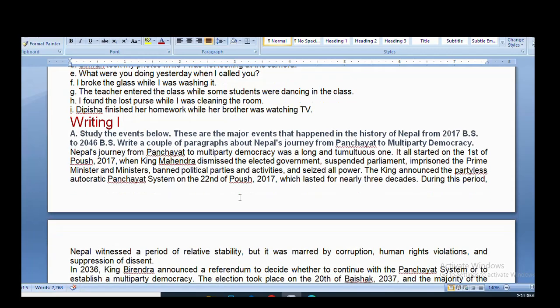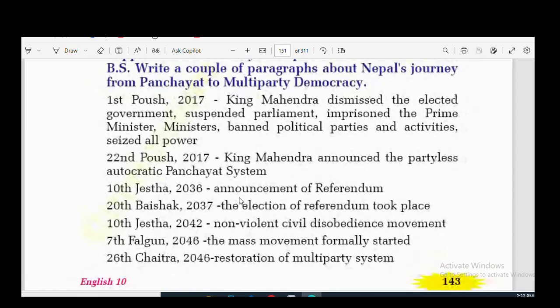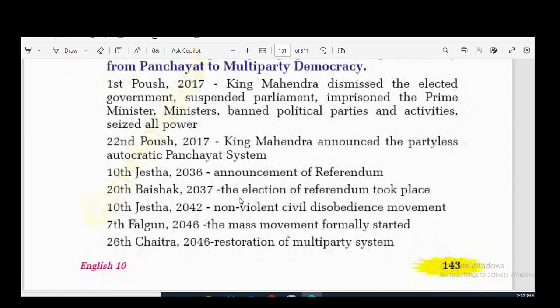Now let's go to the writing section. Writing 1. Study the events below. These are the major events that happened in the history of Nepal from 2017 BS to 2046 BS. Write a couple of paragraphs about Nepal's journey from panchayat to multi-party democracy. So here is some information given here. We have to use this information and write a couple of paragraphs on how Nepal has come through the panchayat system